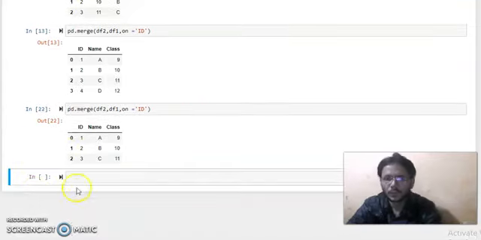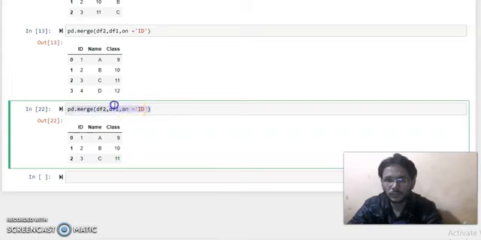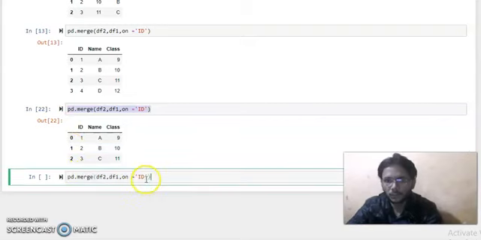Okay, now if we print our merged data frame, how is it according to left or according to right? For this we have the how parameter in the merge function. Simply for this we need to copy and paste here. Now we use here, separated by a comma, how equal to inner. If we write inner,